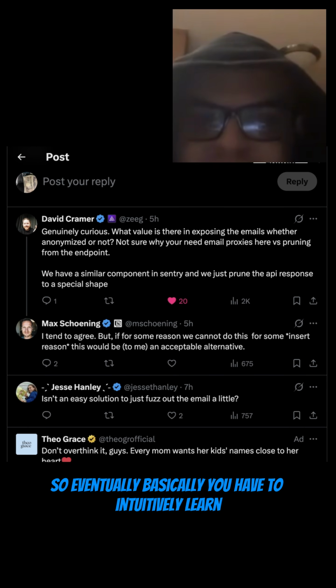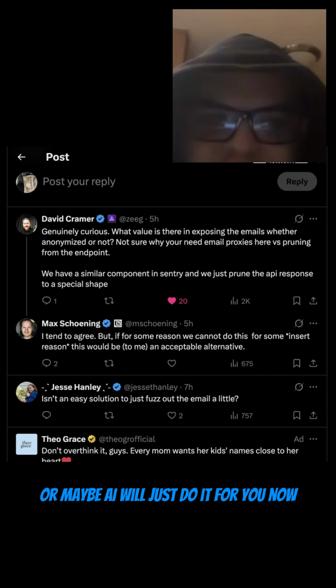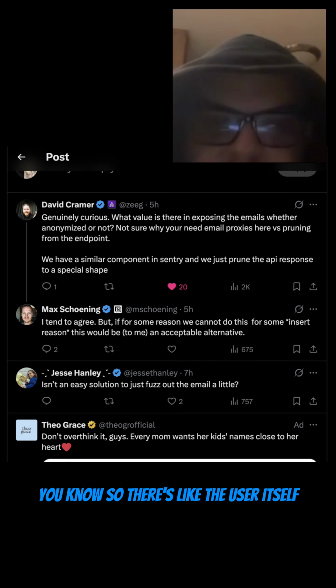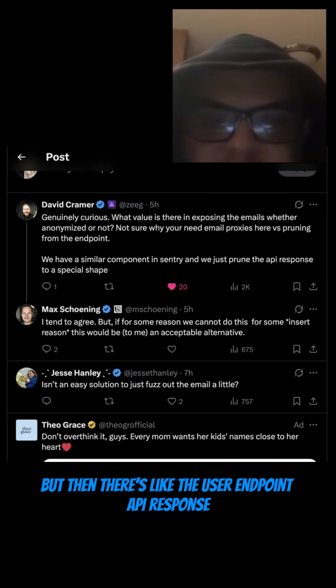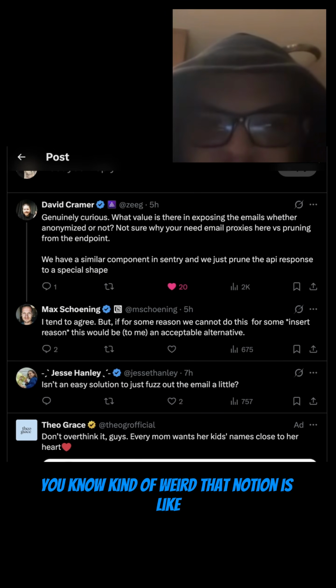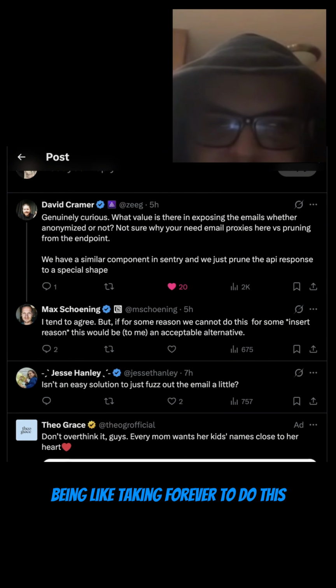So eventually you have to intuitively learn, and maybe AI will just do it for you now. But the idea is that the response itself is its own entity. So there's the user itself, but then there's the user endpoint API response, which is its own shape, and if you're using TypeScript, its own interface. So something interesting, and kind of weird that Notion is taking forever